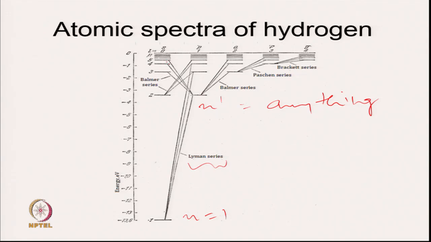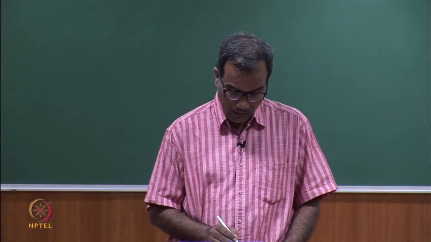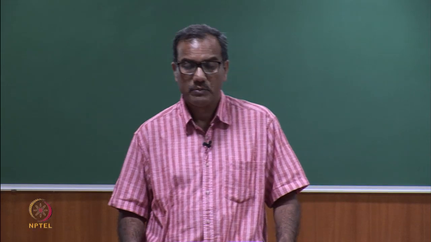Now, you see this transition is also possible. Here what is changing is the L value. Here L is equal to 0, here L is equal to 1. This is for s electron, this is for p electron. So, delta L can be minus 1, delta L can be plus 1, while delta n can be anything. So, this is the way to show your gross atomic spectra of hydrogen atom.